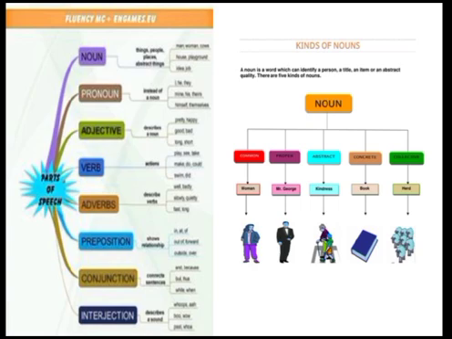For example, if a person asks you, where do you live? I live in a 2 BHK. So your 2 BHK will be your central idea. And 2 BHK means what? There is a bedroom, a hall and a kitchen, which will be the branches of that 2 BHK. Then in the bedroom, what do you have?